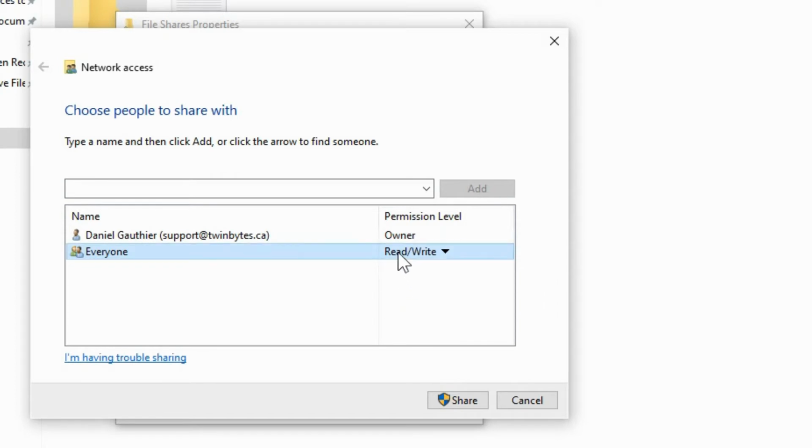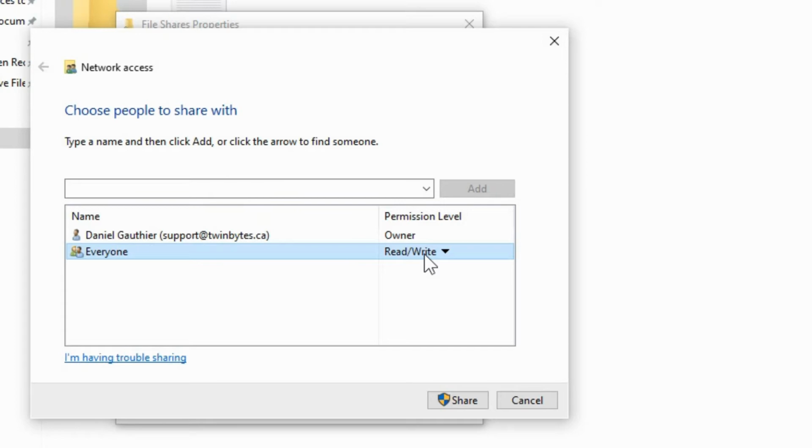So if they're set to read only and you try and set it to read write in the security permissions, it's not going to matter because they will still be limited to read access from the share. So it's best to allow everyone for read write. Maybe best isn't the best word.